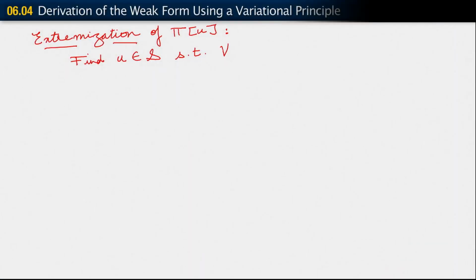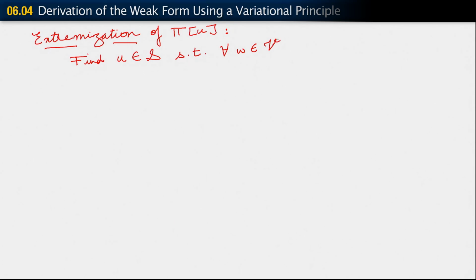remember that that variation that we constructed was based upon our field W, right? But W was really meant to just give us a certain type of variation, right? Therefore, what we want to say is that when we try to find the extremization of pi, we want to find the extremal point, right? So we want to find this field U that extremizes pi, but for all possible variations in a certain class. So what we say is that we want to find U belonging to S such that for all W belonging to V,